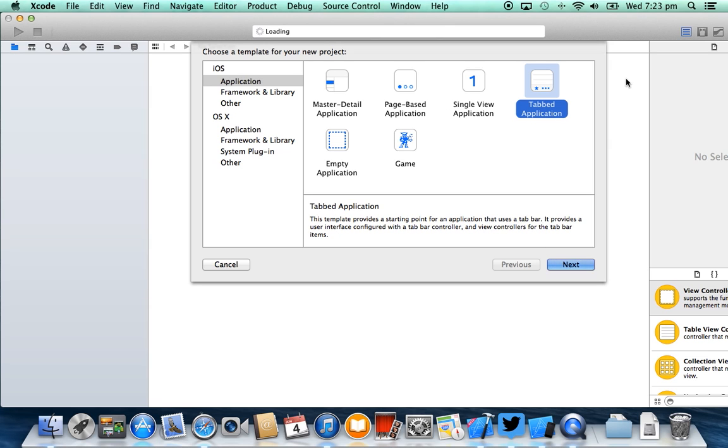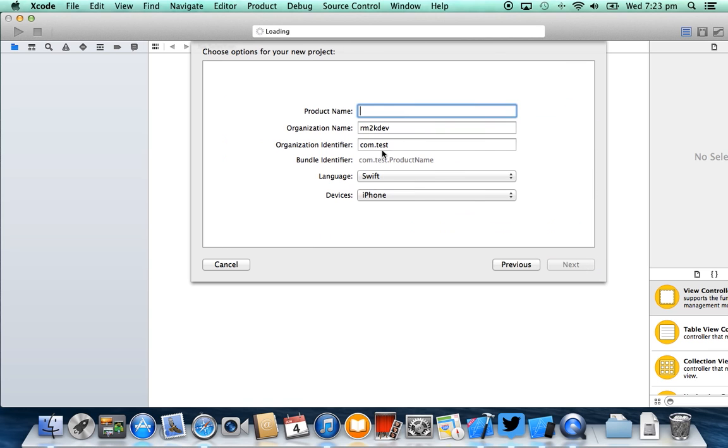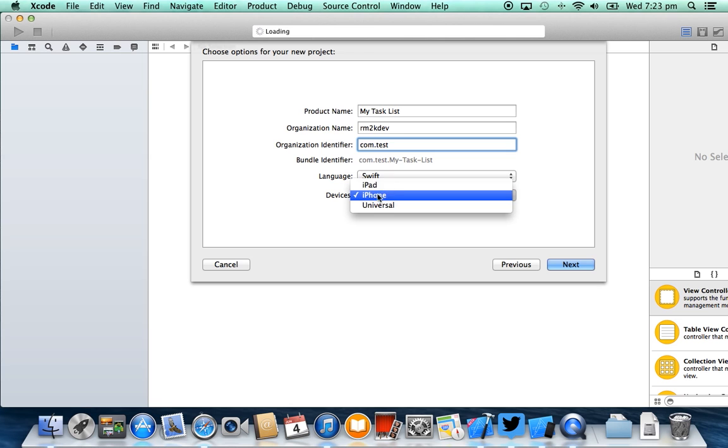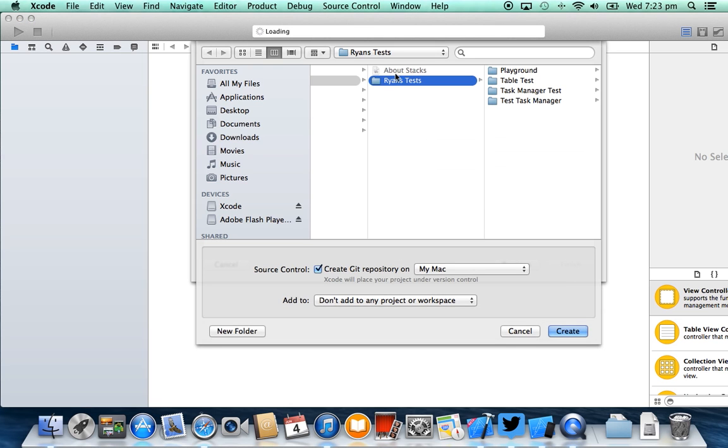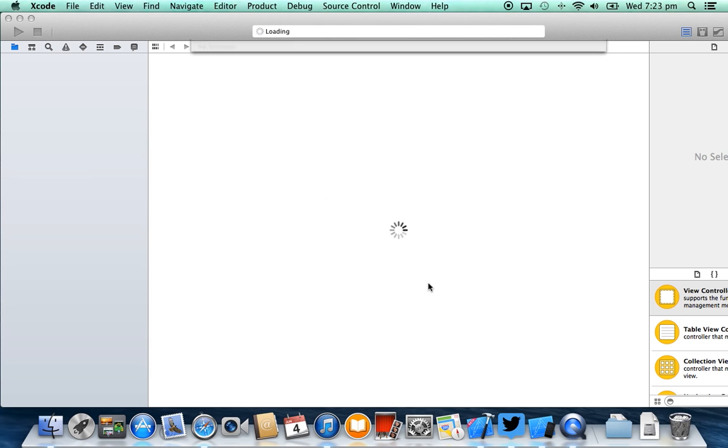Now we're just going to create a tabbed application, so I'm just going to select tabbed application and press next. The project name is going to be called, in this one here, my task list. And the organization identifier, I'm just going to leave this at com.test. Make sure your language is set to Swift and your device is set to iPhone. Now I'm just going to select a path for this to be created and select the create button,